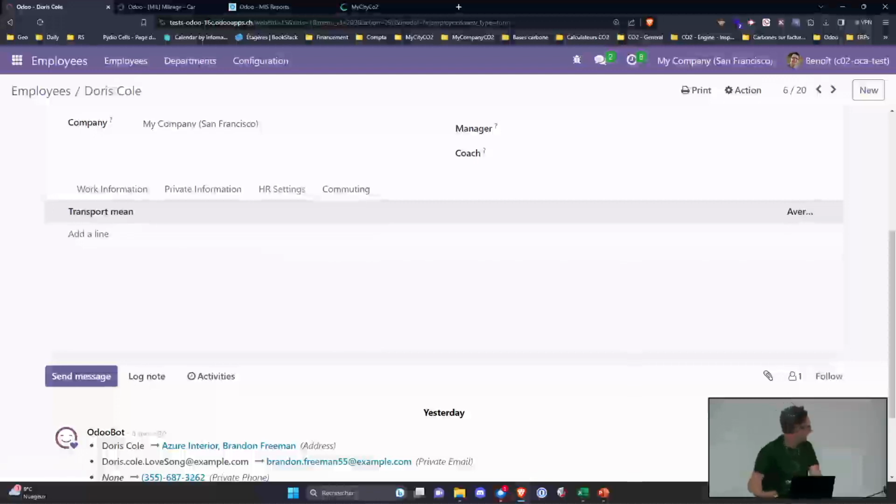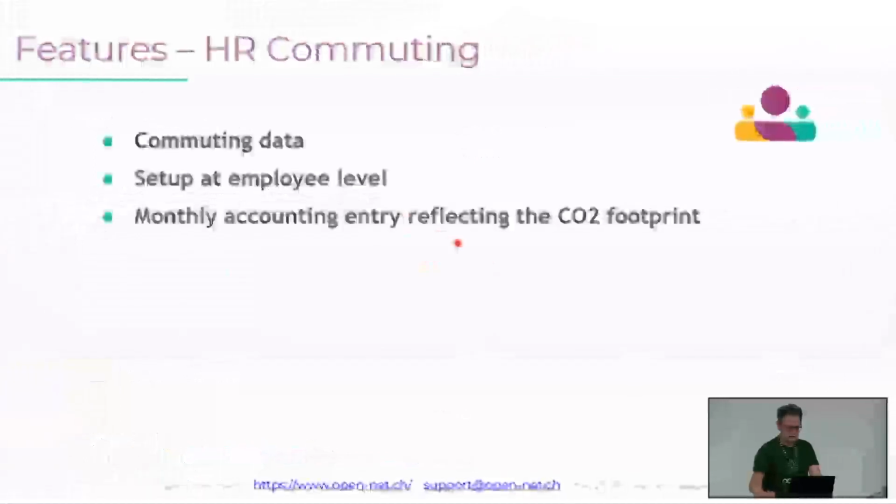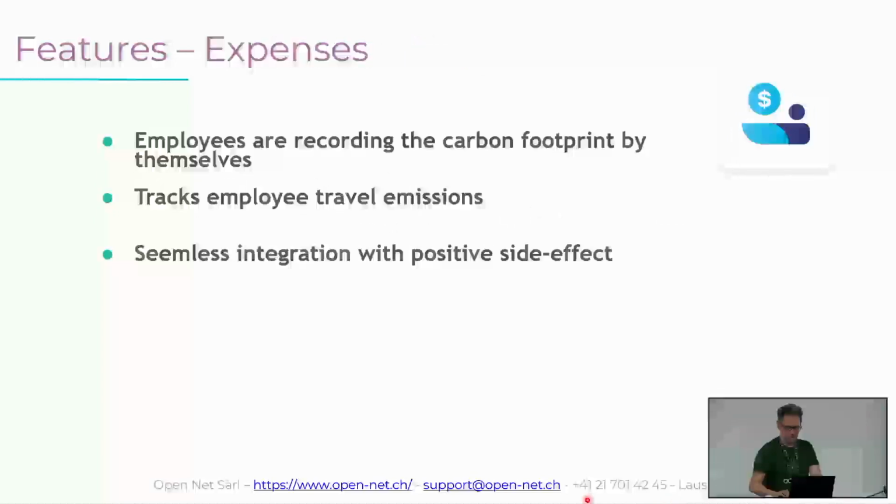I will move on to expenses. When your employees are traveling by plane, train, car, again, they are the best placed to know what they did and they have the information.